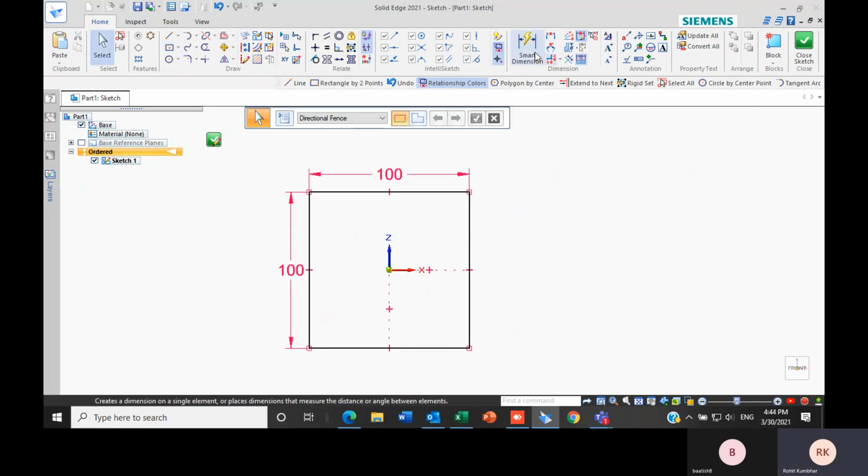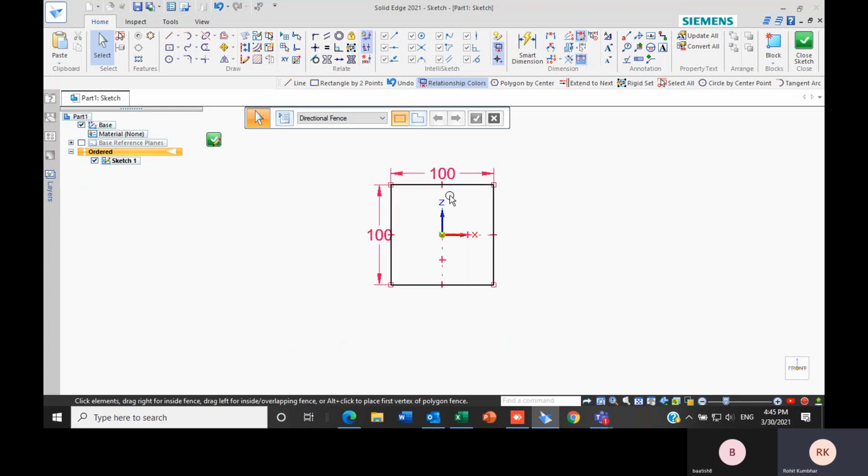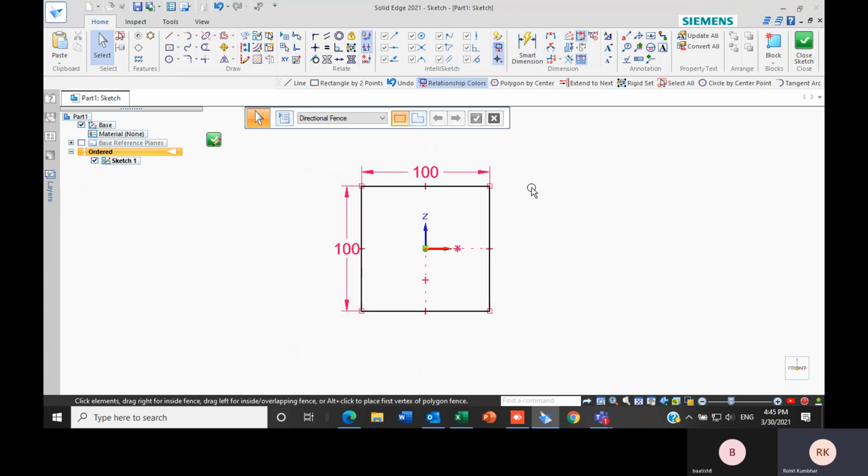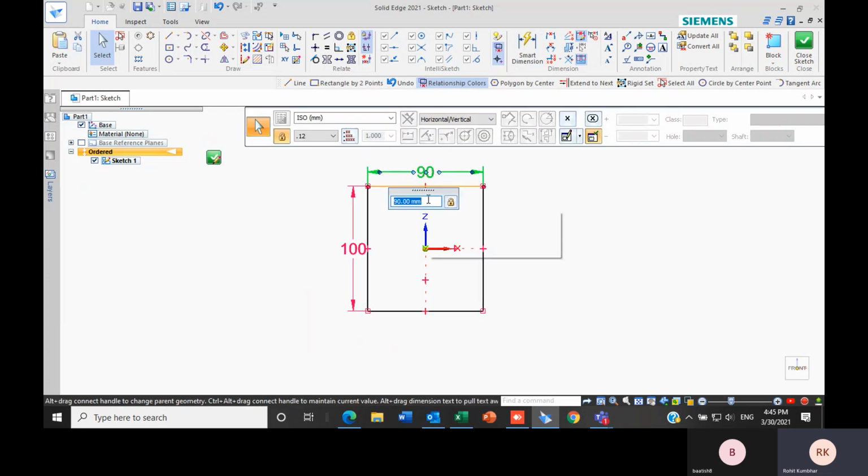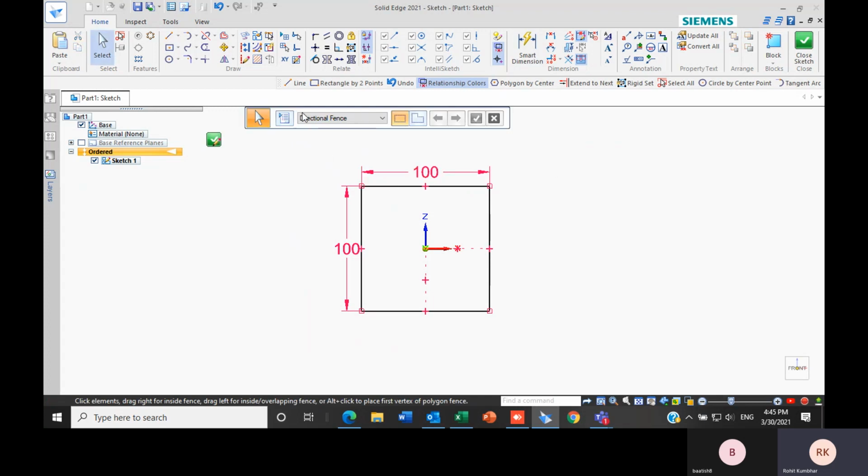As you can see here, the rectangle which I have created is black in color because it is constrained according to that base. So the center point of this rectangle is related to this base. As you can see, these are the relationships applied to this rectangle: this one is horizontal and this one is vertical. So if I try to change the dimensions, it is changing, because it is a driving dimension.